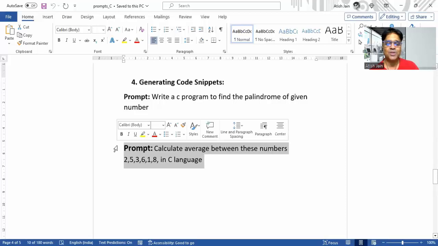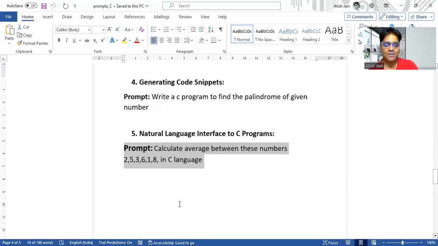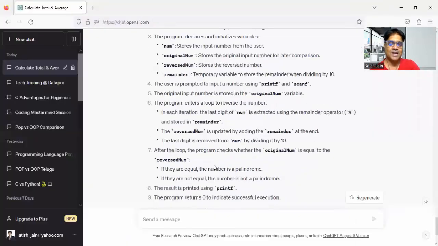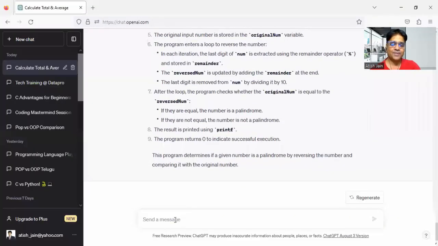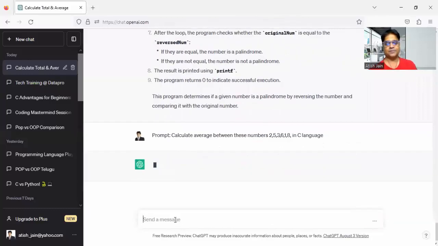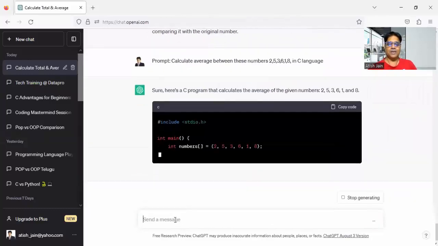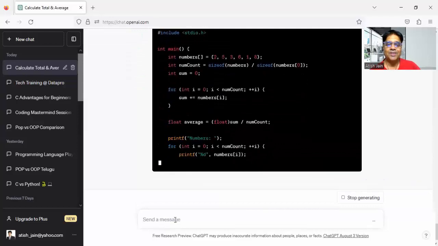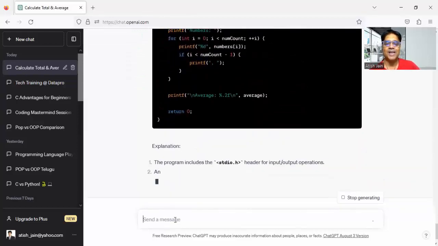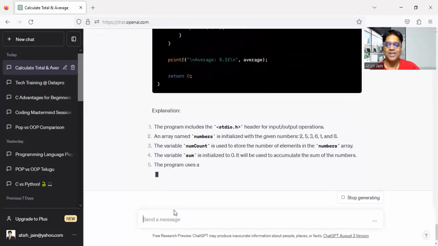Natural language interface to C program means I'm just giving a prompt that, hey, please take these numbers and find the average between these numbers. So go to this ChatGPT window and automatically it will assign that particular numbers to an array and it will produce the result for you.